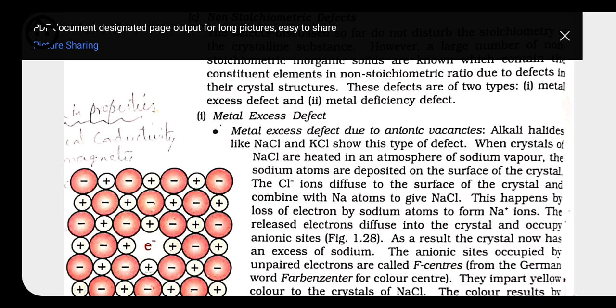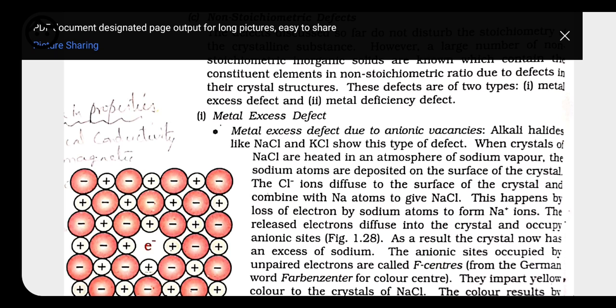That's why it is called a non-stoichiometric defect, because there is no change in the electrical neutrality or stoichiometry. But because of the removal of chlorine and the presence of one free electron, which sodium has given, some of the properties of this crystal are going to change. So what are the changes in property that we will discuss? First, because of the free electron, the electrical conductivity is going to increase. We know electrons are responsible for the flow of electricity, so the electrical conductivity of this type of crystal increases.